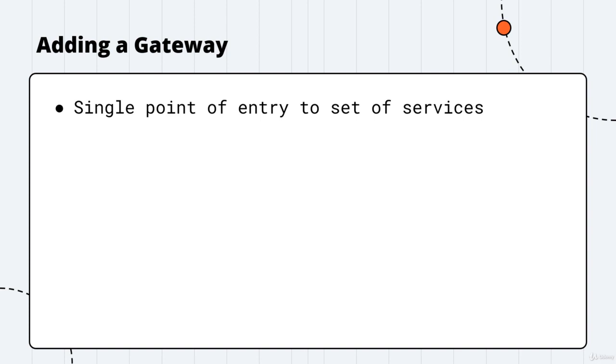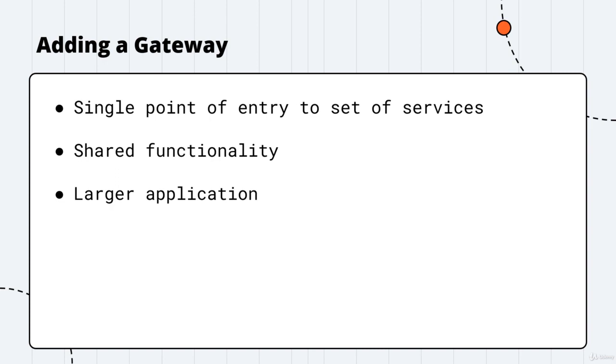Now a gateway can also contain shared functionality. Things like authentication can be added on this one service, although the authentication and identity server or such APIs will be outside of the gateway. Adding a gateway is extra work, but it is mostly useful if your application is somewhat larger. In fact, you'll see that you'll end up with several gateways, one for each front end. Like one will be for the MVC application and then another one for a Xamarin application.